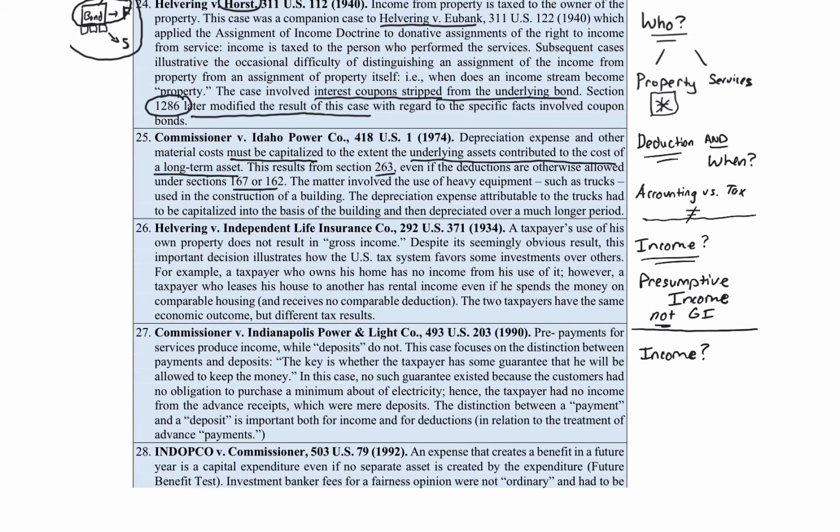Dominion and control. So remember we got Glenshaw Glass? GG. We got our three elements. You need to meet all three of those. What was the third? Dominion and control. Excellent. We've got a utility company, right? As the name suggests, Indianapolis Power and Light. What do all utility companies do? Deposits.